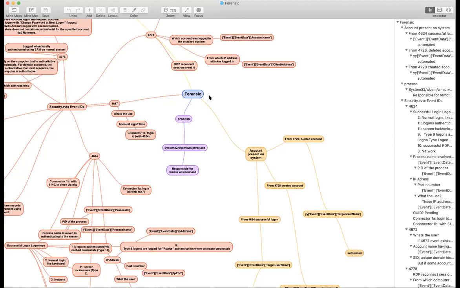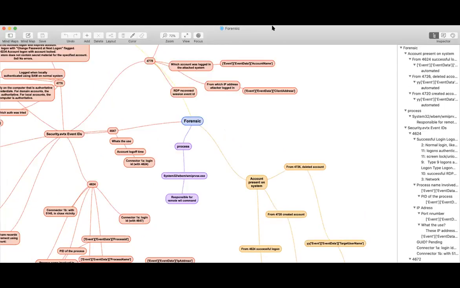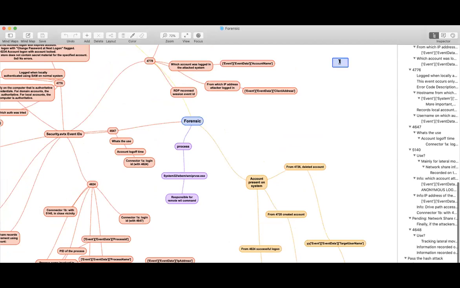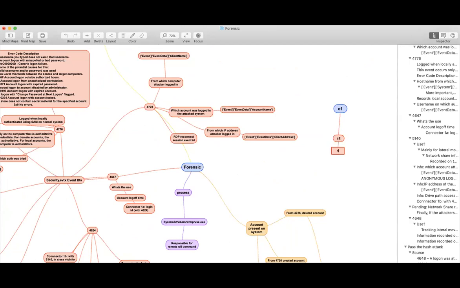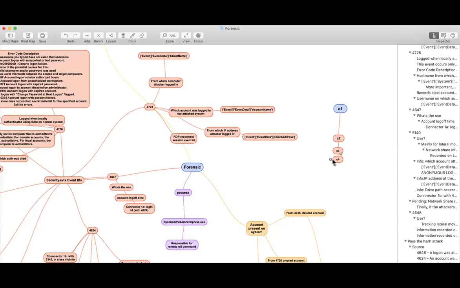So suppose this was one of the systems that got compromised. Suppose this was computer one that got compromised. And then computer two got compromised. And then suppose from here, computer three got compromised. And from here, computer four got compromised. So it is something like this. When you were investigating, you were only able to see this. You came to know only about computer two, but you did not know about computer one.